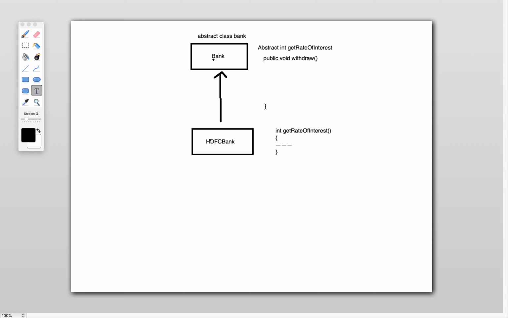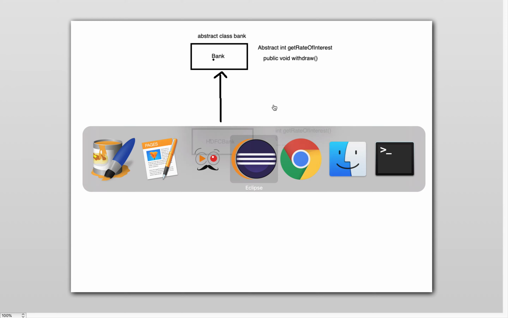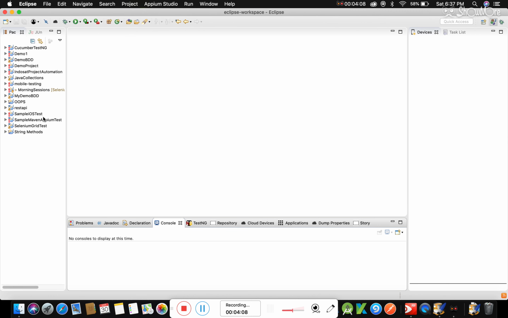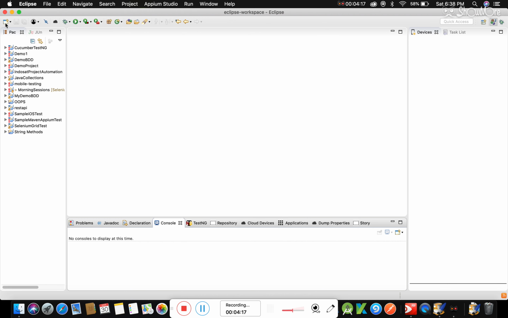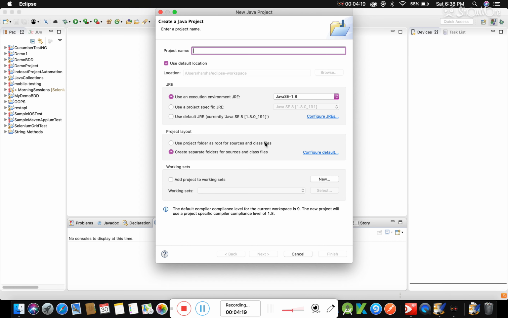We'll write some logic here so that it's implemented in this class. Now let's quickly switch over to Eclipse to check the concept of abstraction and how it works. Let's quickly create a project. Let's create a Java project, OOPS concept.